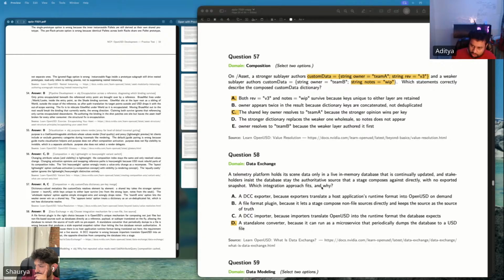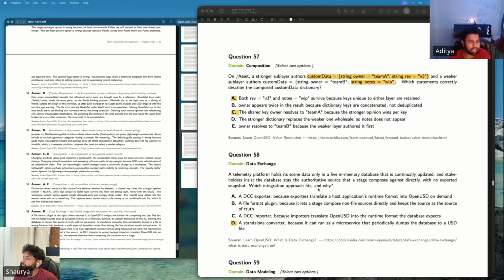But why not a standalone converter? The standalone converter is not a good answer because the question says the database should stay as the authoritative source.